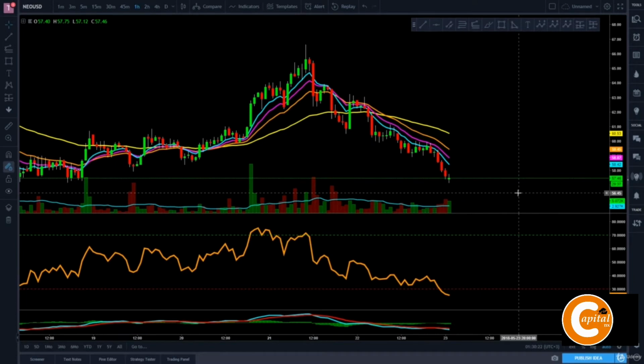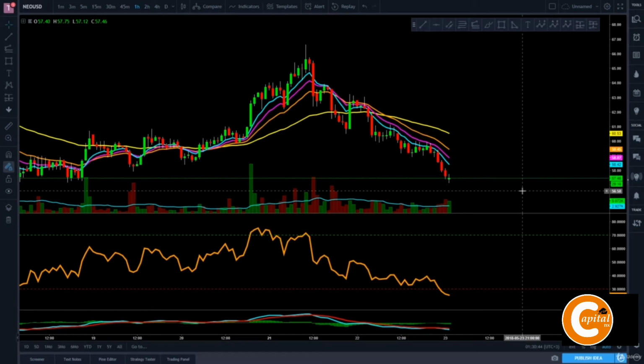Now I want to show you how to find resistances and supports using RSI and a few setups that will help you to find good entries or exits based on RSI, moving averages and candlestick chart. For the first setup, I am using the Neo chart and I am on 1 hour time frame. For this example, I am going to show you when it is a good time to sell based on RSI